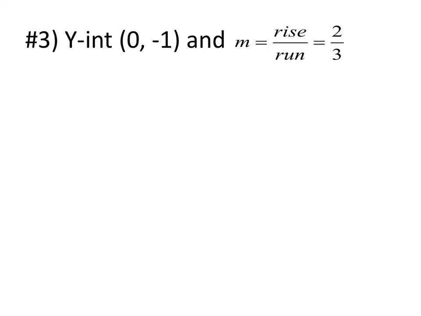Okay, on number 3, they want you to write it in standard form. So I'm going to go ahead and write ax plus by equals c, so I know that that's what form I need to be in. And looking at this graph, the y-intercept was (0, -1), and then the slope was 2/3, and we figured that out using rise over run. You also could have done it previously just the way that we did the previous problem, finding 2 points and plugging into the formula for slope. So now that we have our slope and our point,